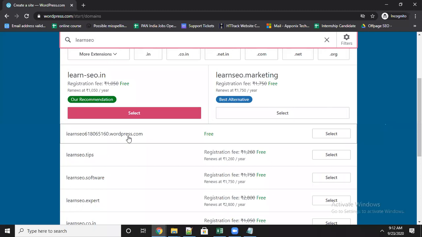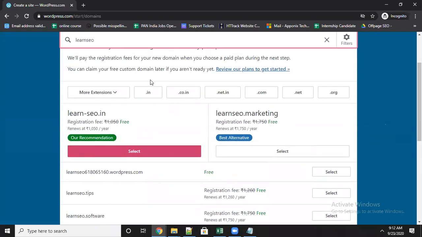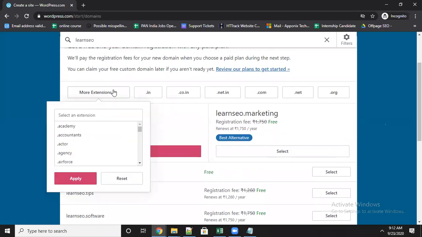For your practice, you can use these free blogs. We can make your own free blog here. No need to pay anything. It is a completely free process, and it is lifetime also. They have given the available extensions here. If you want more extensions, here they have given all the options. There are different types of extensions.